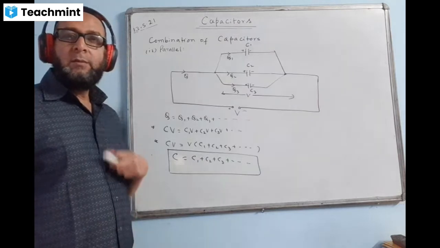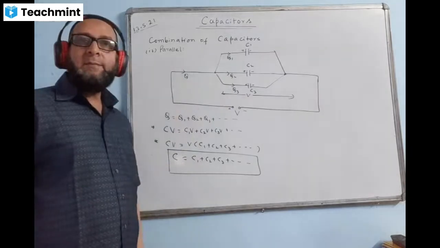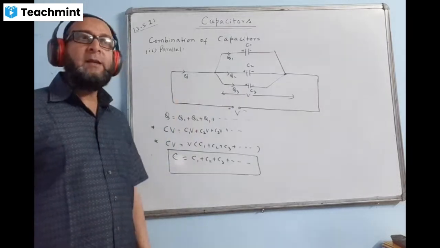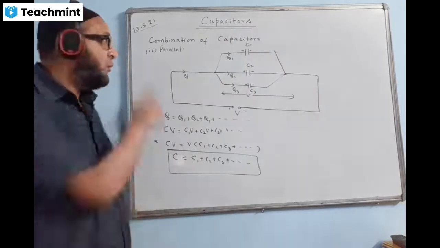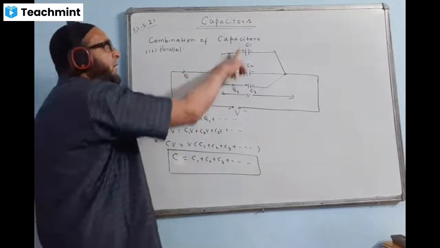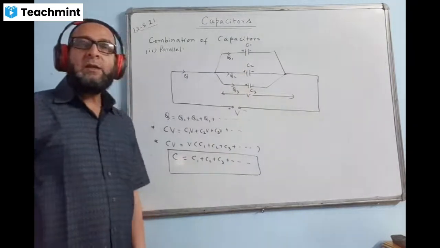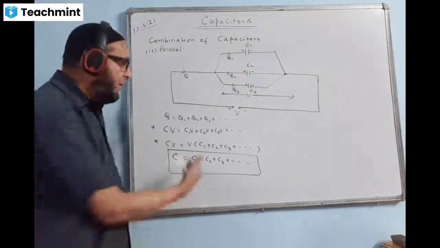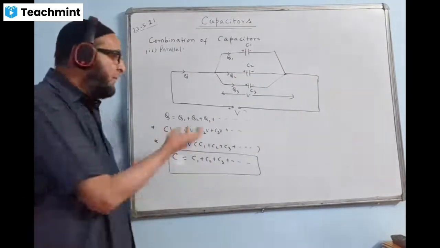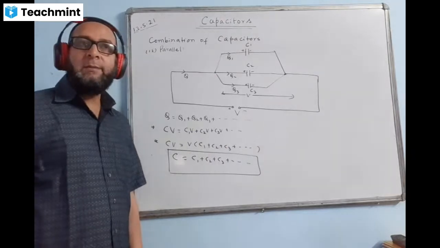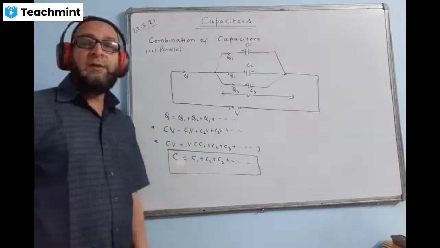So, hence, parallel is the method of increasing the resistance. In parallel, the value will become more than the greatest of the individual values. I give one example. This is 1 microfarad, this is 2, this is 3. 3 is the largest value. Your answer will come anything but more than that value, because you are simply adding all of them. 1 plus 2 plus 3, your answer is 6. It is coming more than the greatest value. That means in parallel combination, we can expect to get high value.